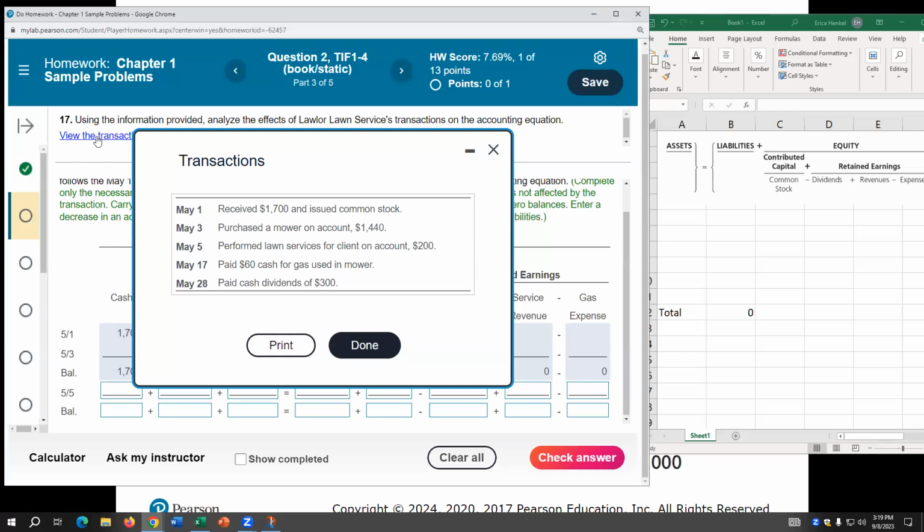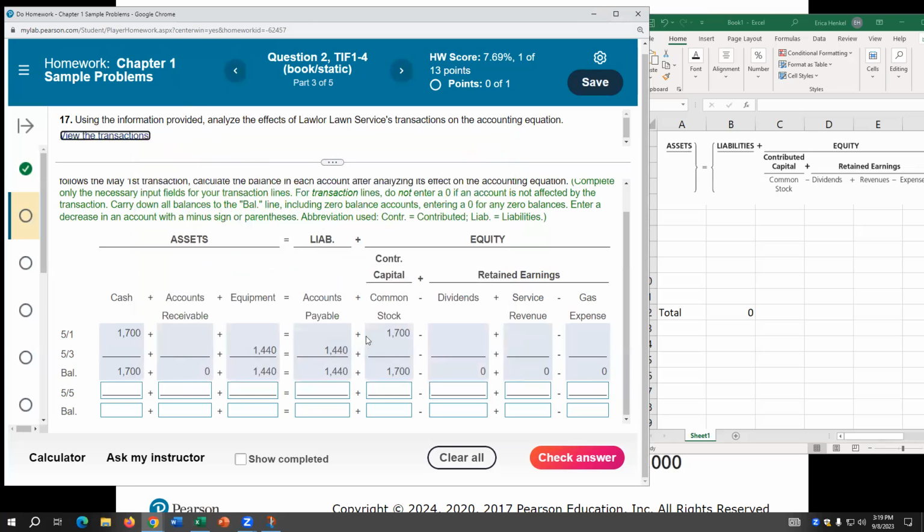And then, did we receive cash for this? No, we did not, right? So I'm going to plug this in here under service revenue for 200. Then where would we put the other side of this entry for 200 based on what we were just talking about with on account? On receivables, right? Because they owe us the money. Yep.